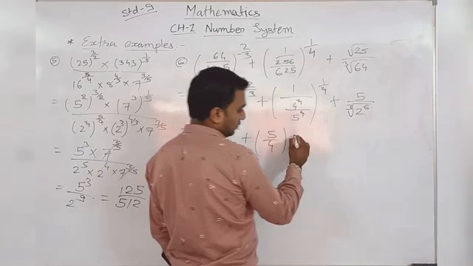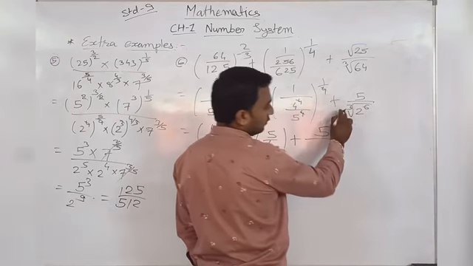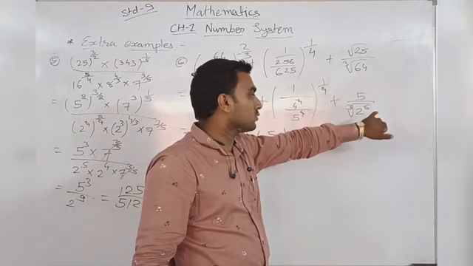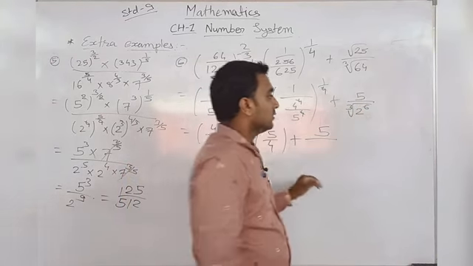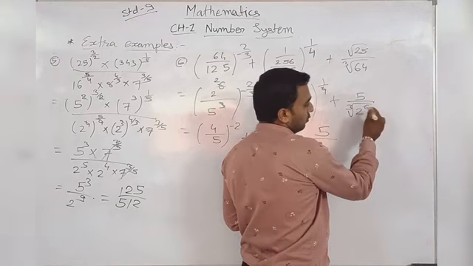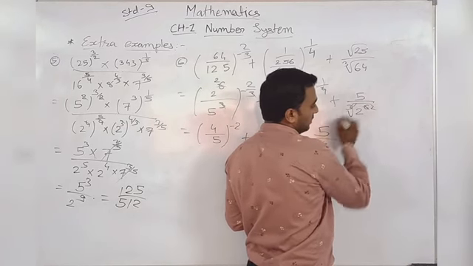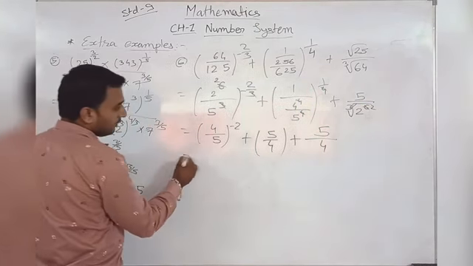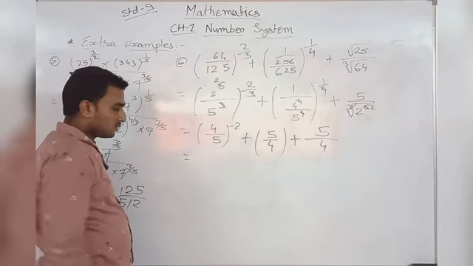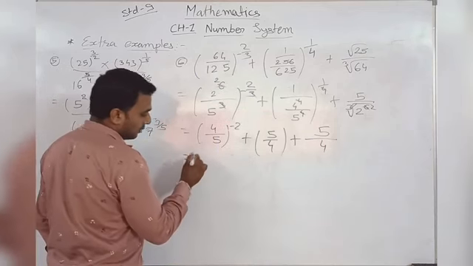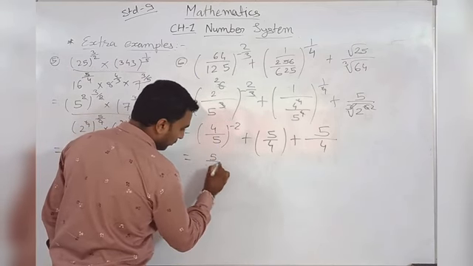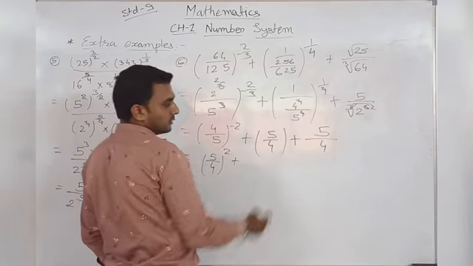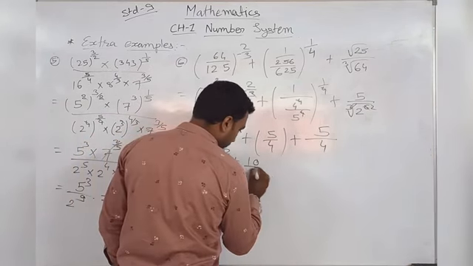And then next, this is 5, this is 1/3. We know that cube root is nothing but 1/3 power, so 1/3 power of 6 is 2 raised to 2 power, this is 2 and this is cut. Okay, so 2 raised to 2 power, that is 4. We know that here it is minus power, so that's why we can do the reciprocal of this one. So it is 5 upon 4 and its square, plus here we know that 5 upon 4 plus 5 upon 4, that is 10 upon 4.